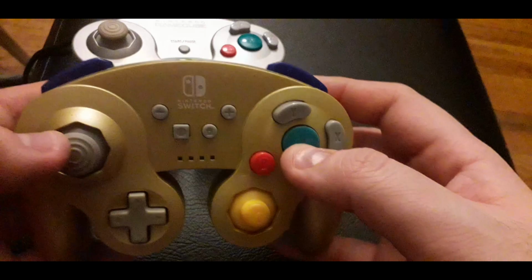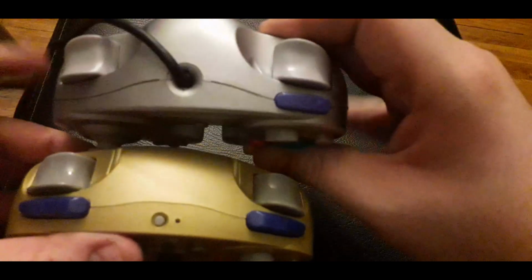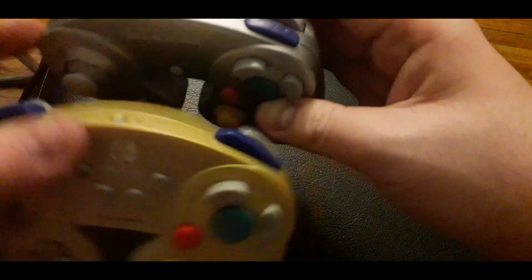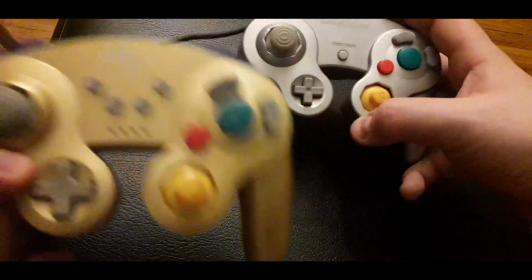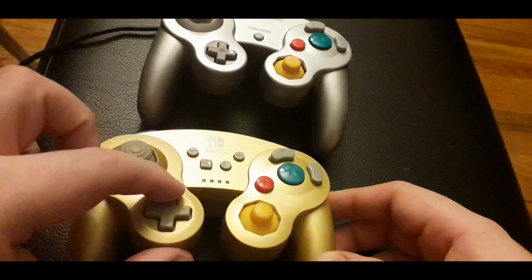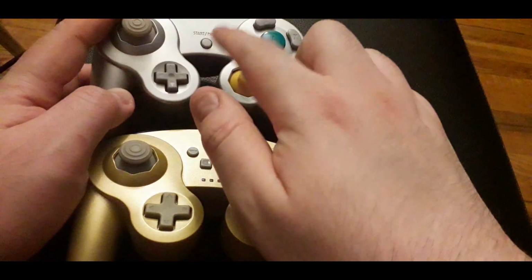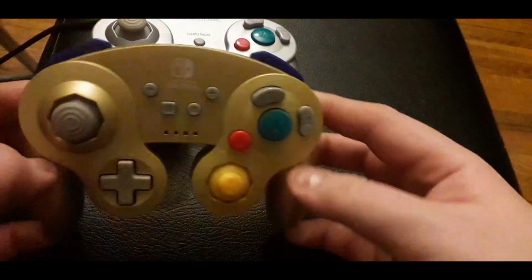Forget about it. Yeah, so this controller is very, very similar to the original GameCube controller. Larger Z button, authenticity goes away just a little bit there, and the change with the larger D-pad button, which I think is a very welcome feature, because I do alternate between this one and my Animal Crossing gameplay, and the D-pad is much more responsive when I'm changing tools around. I've not yet fully played Animal Crossing with this, nor have I really used it in a long time, but